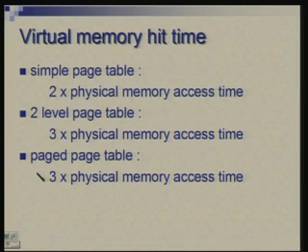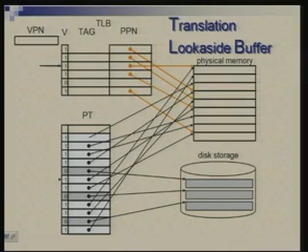So, in reality things are pretty bad. So, what do we do for this? The solution is that we keep a buffer, a special memory as part of the CPU, which keeps track of some of the recent address translations we do. It is like a cache of the page table. Some recently accessed entries of the page table can be preserved for future reference. Again, the idea of locality is what will make this successful, and this is called translation lookaside buffer.